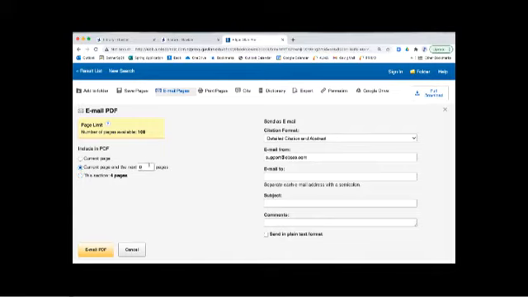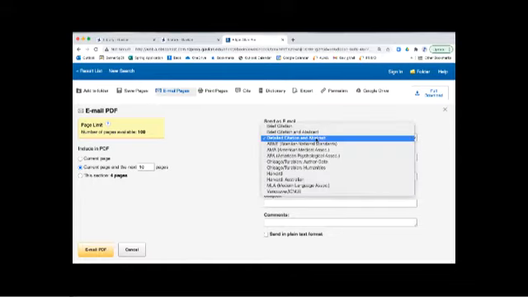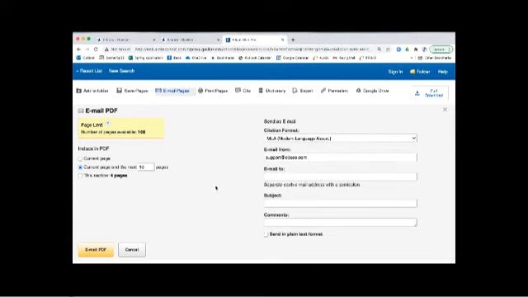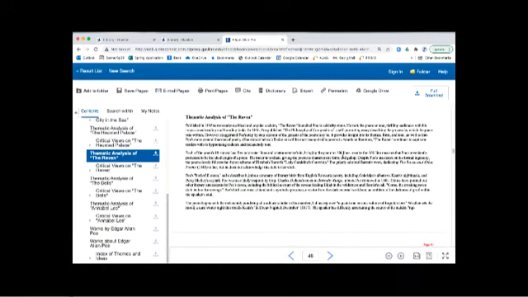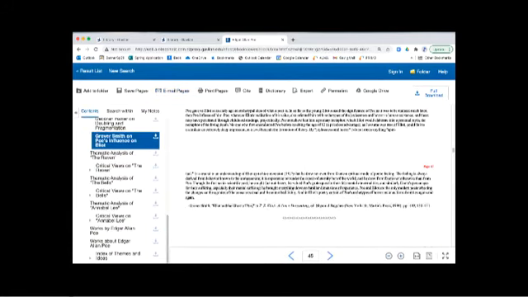So in this case, I'm going to say, give me that page and the next 10. Put in a subject that reminds you of what you're sending yourself. And then under citation format, be sure to check MLA. Email that to yourself. The chapter comes as a PDF, and the citation comes in the body of your email. So I recommend